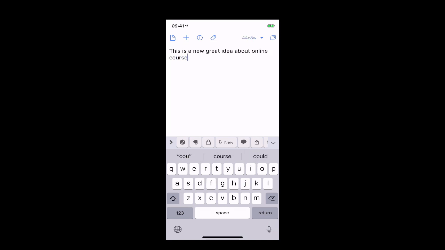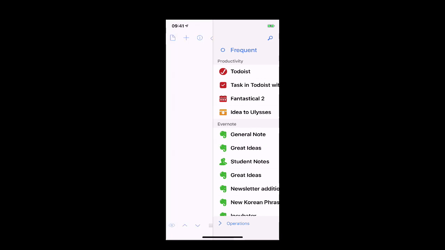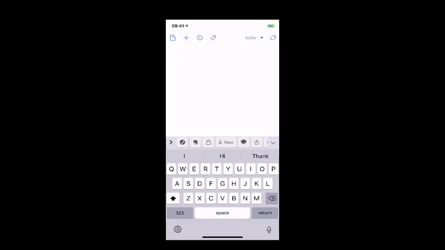So we'll just do that. Online courses. I'm going to go into my action menu, and I'm going to tap on my great ideas. And boof, it goes. And then I'm going to create another one. What I'm going to do is, because I want a line separating this, and I didn't put this in when I created it,